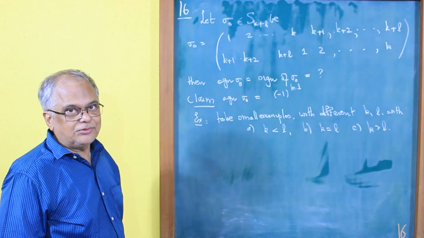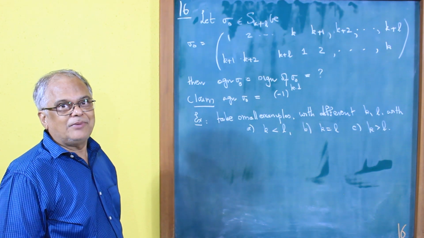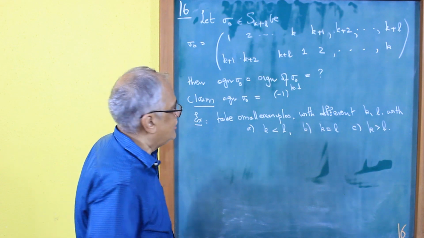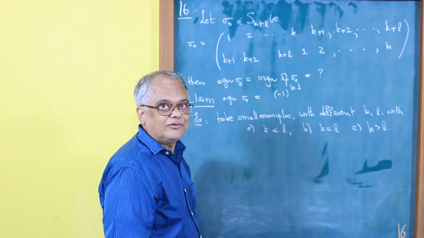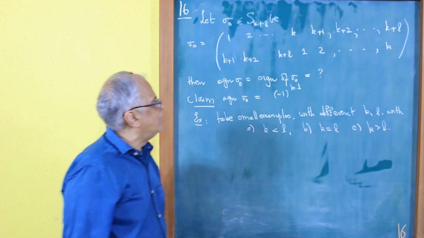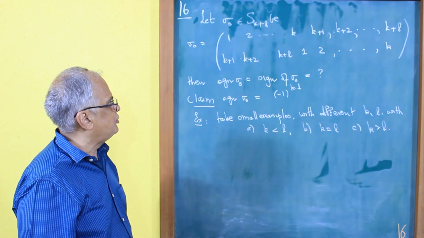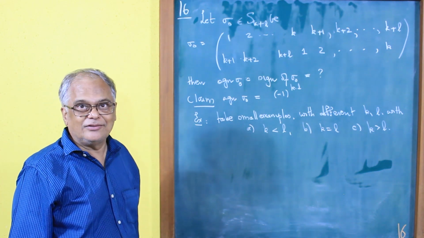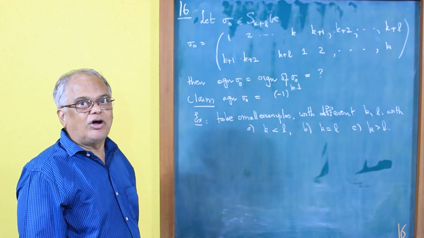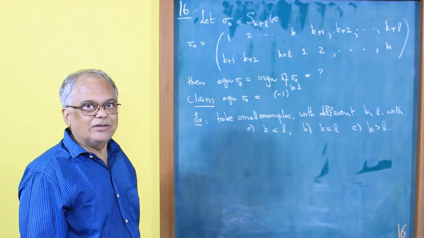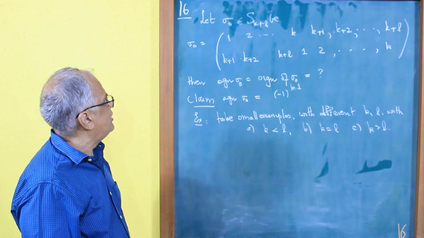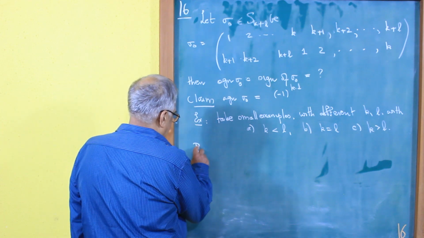It is not equal to minus 1 to the k plus L. It is not equal to minus 1 to the k. It is equal to minus 1 to the k times L. This is the general answer. And again, you should understand that if you want to prove something like this, you must have examples to give you the intuition of what the answer should be. Now, how will the proof go?